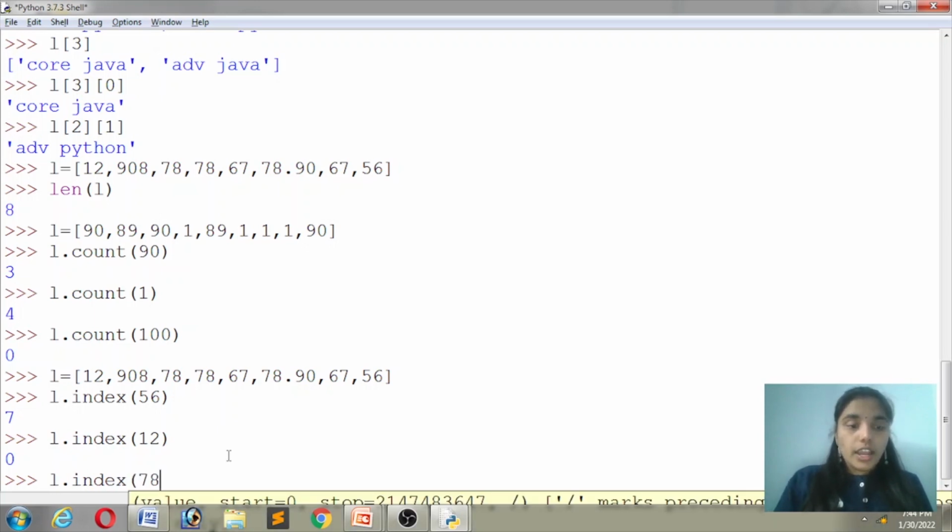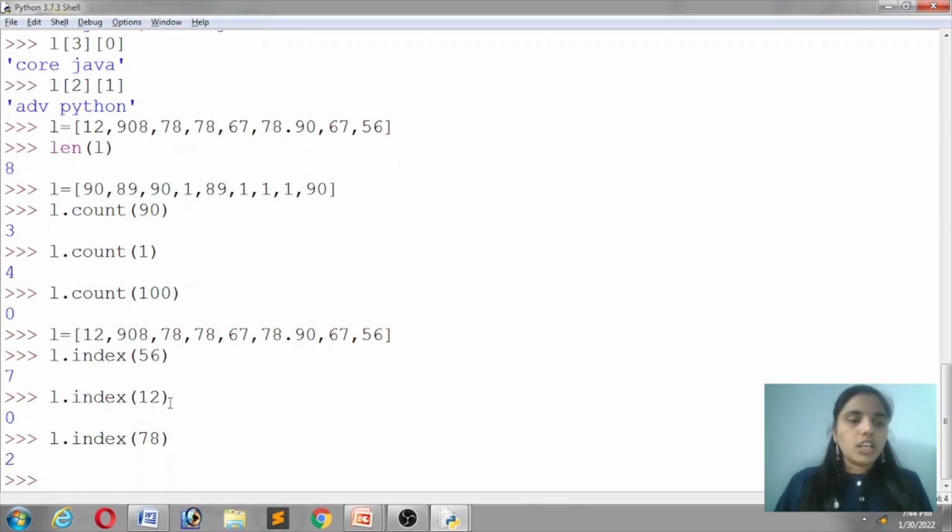L dot index of 78. Actually 78 is repeated 2 times. See here, 0, 1, 2. At index 2, 78 is there. At index 3 also 78. But it will generate the first occurrence only. It will not generate the second occurrence or third occurrence, etc. If the element is not there,